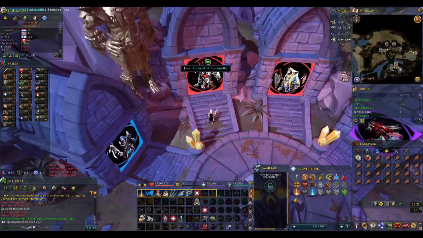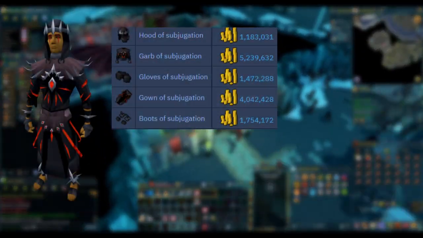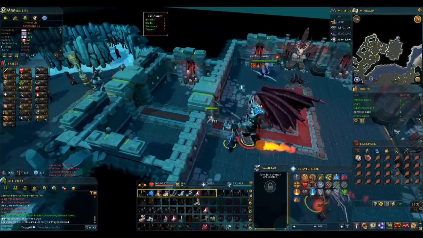Tsutsaroth is the second of the 4 God Wars dungeon generals we'll be looking at in this series. His main draws are his tier 70 mage armor that he drops, as well as being the only God Wars general with a weakness. Unlike General Graardor, he does have a few unique mechanics that can be very punishing if